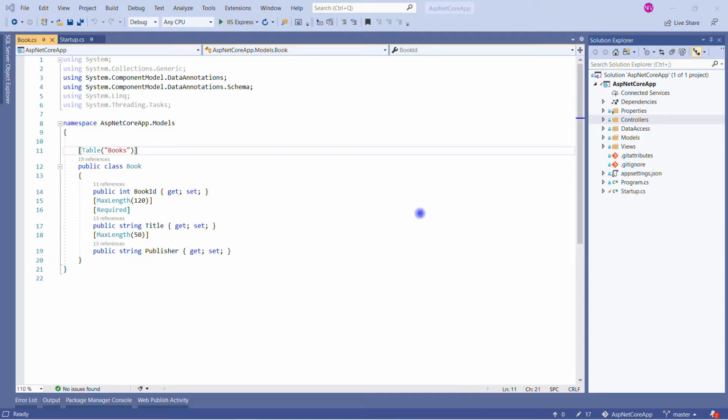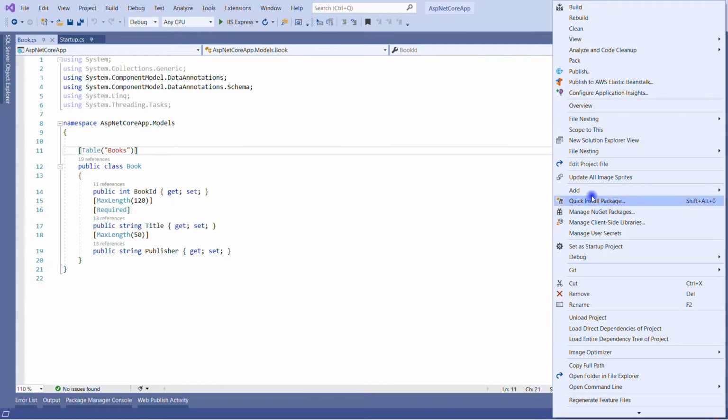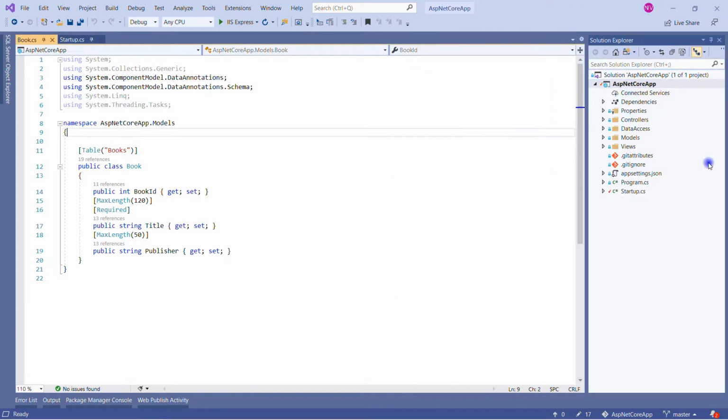This is my Visual Studio solution, where on the right hand side I have created folders, because earlier we had only two main files: book.cs, which is our model, and startup.cs. According to the convention, first we will create the model folder, which I have already created, and it is very straightforward. Just right click on the application, go to add, and add new folder, then give it the name model. Under that we will drag the file into this model folder and update the namespace accordingly. This is an important change.